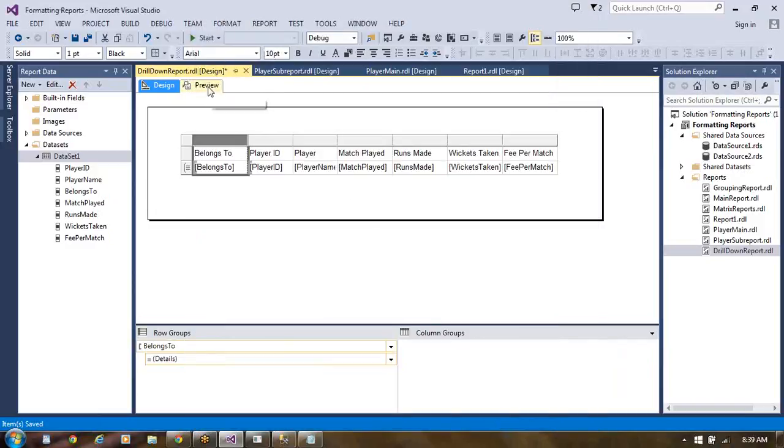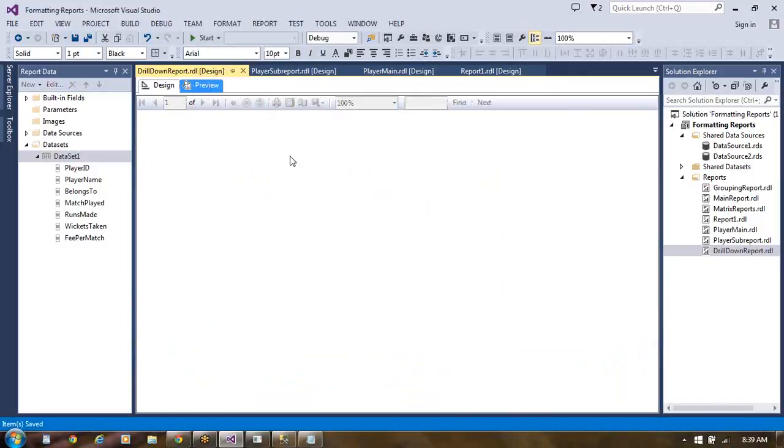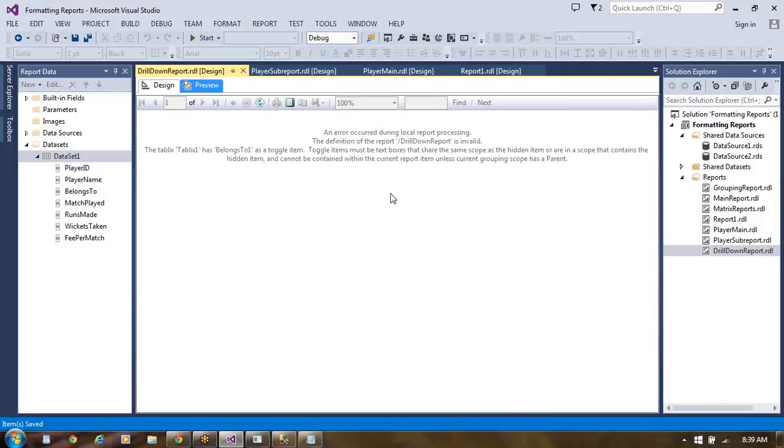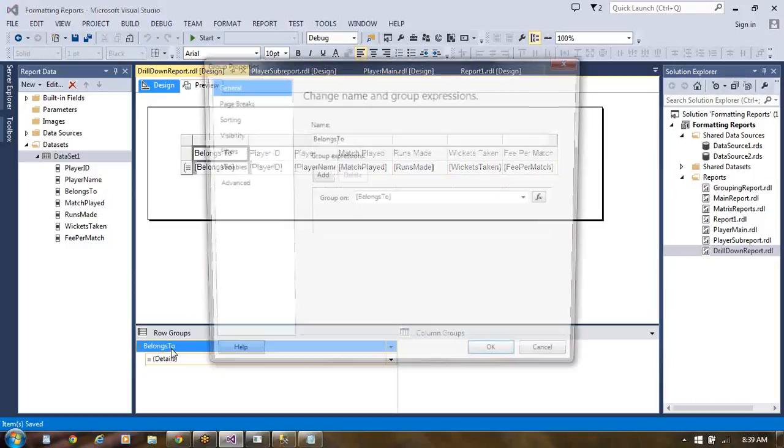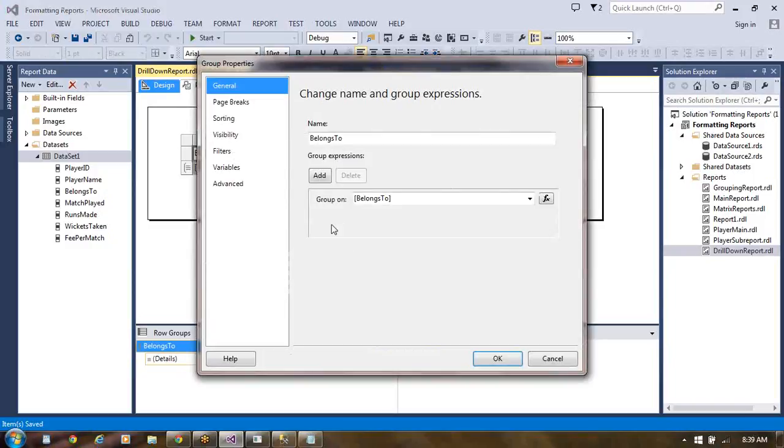So now try to preview this. What happened here? Details we have here. Belongs to we have taken. Look at the belongs to in the bottom of the properties. This is belongs to visibility.